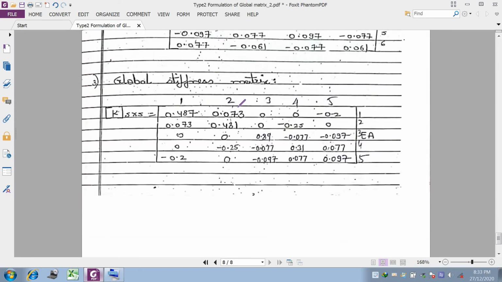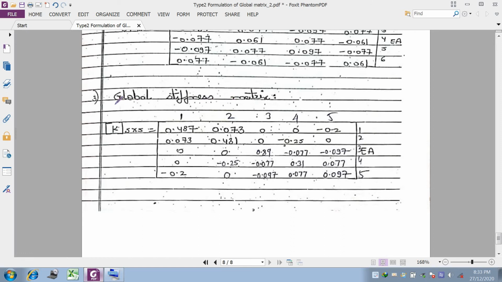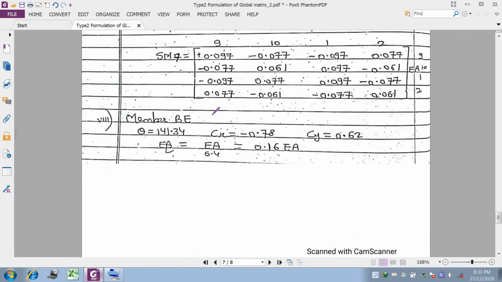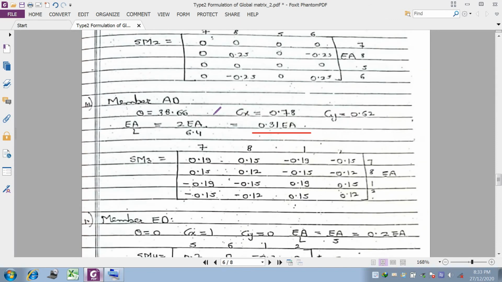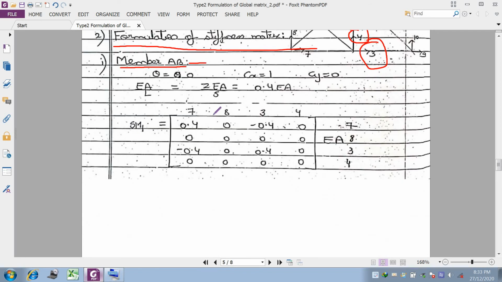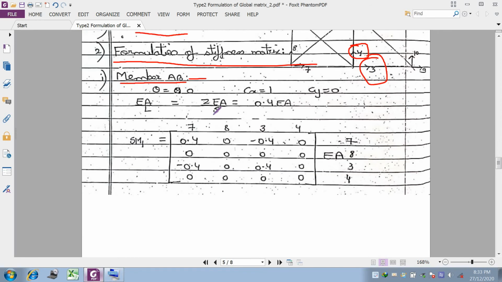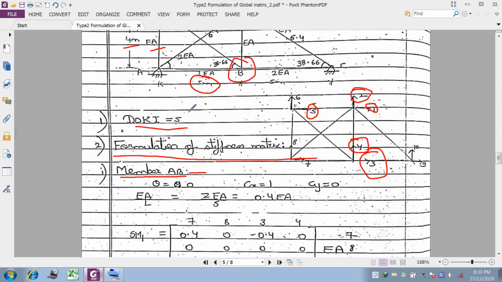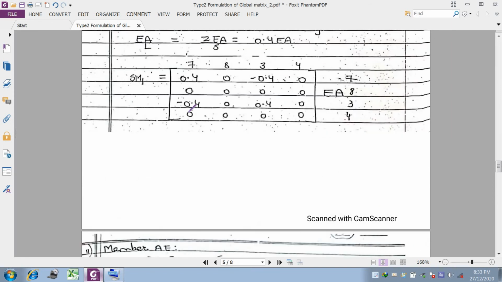Next is the calculation of the global load matrix. So this is the global stiffness matrix, the final global stiffness matrix. The unknowns are 1 2 3 4 5, and here also 1 2 3 4 5. Let us see how this K matrix of 5 by 5 is calculated. First of all we have to consider 1 1. We have to carefully see all the 8 matrices, in which whenever row 1 and column 1 meet, the value has to be considered.